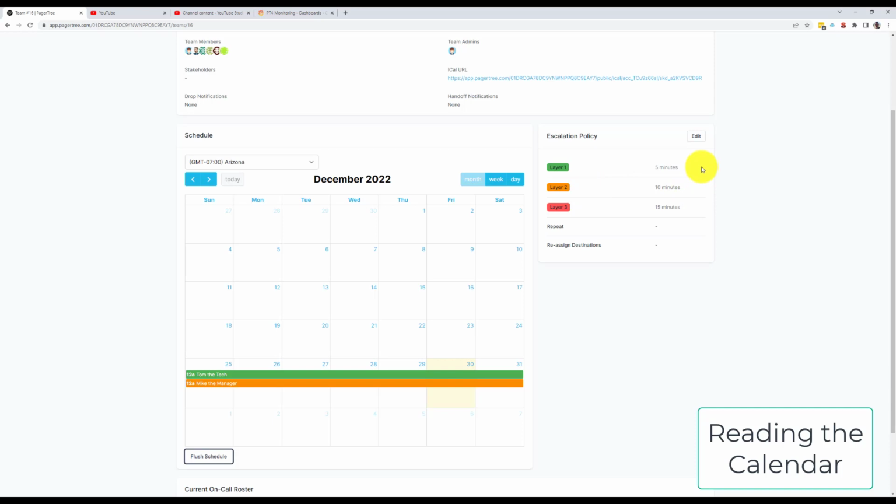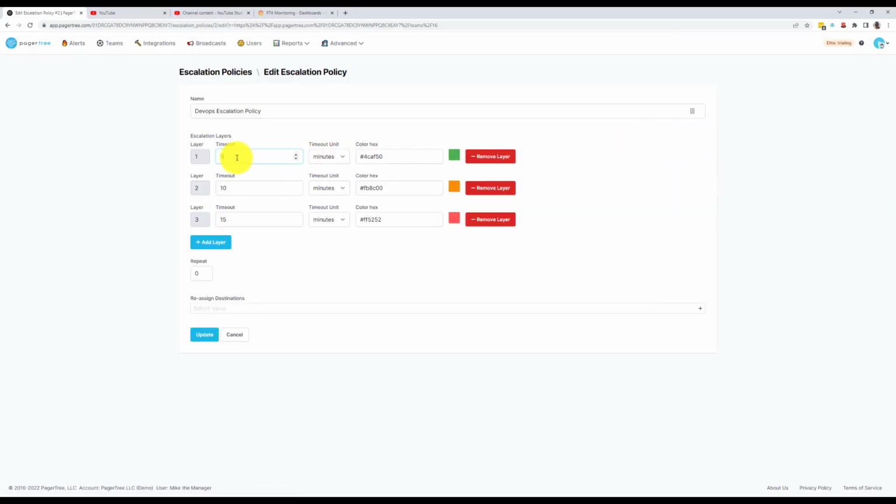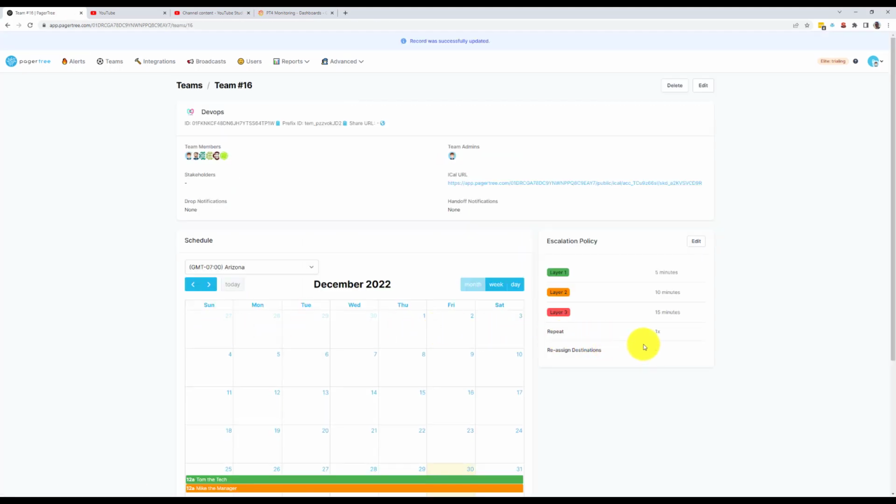Note that the escalation rules are configurable. You can change the timeout for each of the layers, and you can also add or remove layers. Additionally, you can add a repeat so that you can repeat the escalation rules cycle before dropping them. When adding a repeat to a cycle, remember that the cycle will repeat that amount of times after the initial cycle. So for example, if you repeat one time, the escalation cycle will have actually gone through 2 times. This would be equal to the initial escalation cycle plus 1 repeat cycle for 2 cycles.